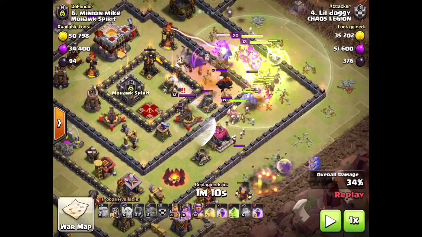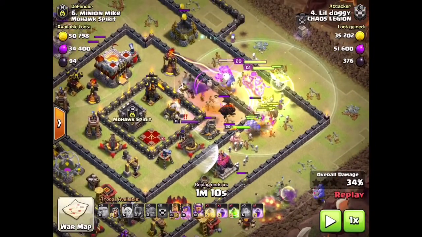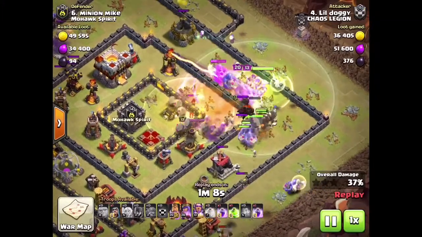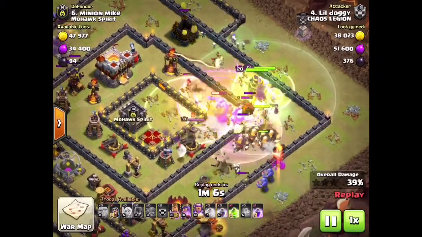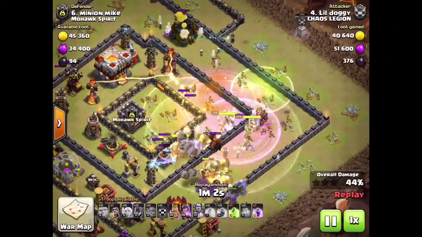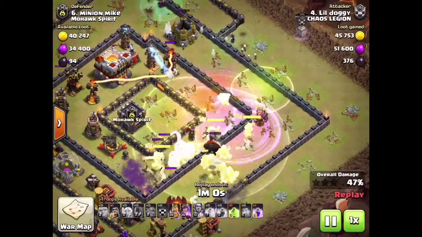Poison goes down. Clan Castle comes out. This is what pulls them into the core of the base. The CC. The enemy CC. That's what's going to pull your heroes. And if you had Valkyries, it would have pulled them too. So they get into that jump spell and they're in the core enough to start taking out what's in the